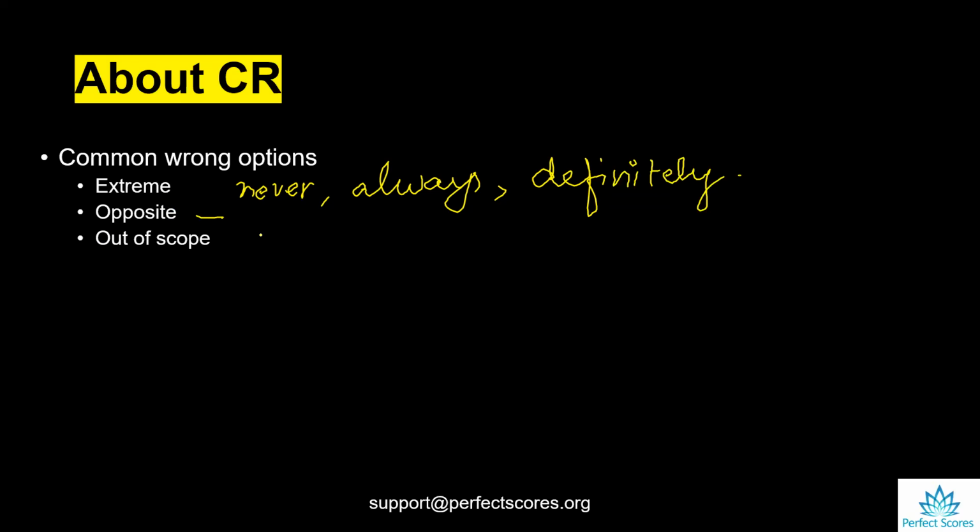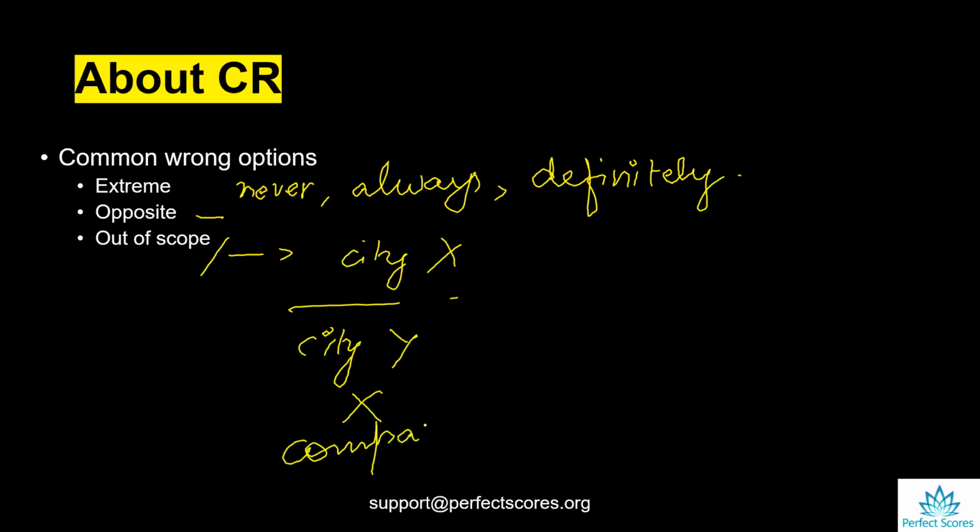Then there's something about out of scope. For example, if the argument is about city X, and there's another option that talks about city Y, it's going to be wrong because it's making an undue comparison. You can't really compare city X and Y until and unless city X and Y are both mentioned in the argument. Similarly, if you're talking about city X in the argument and the option talks about the whole country,